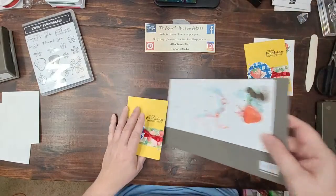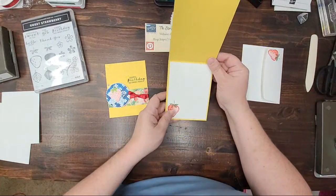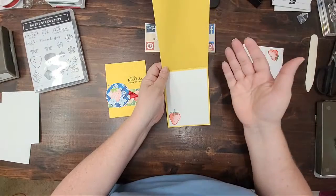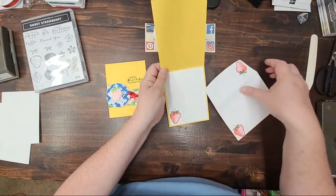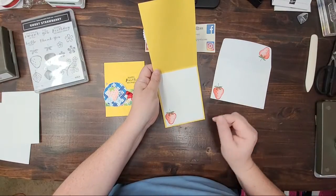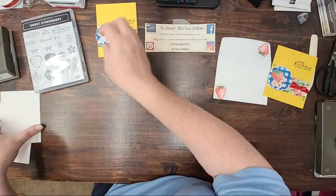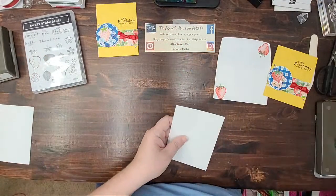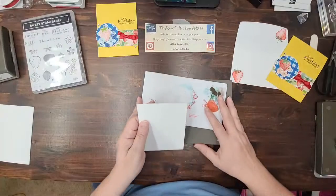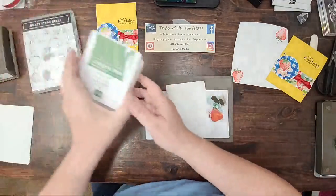All right, now for the inside of the card, because what do I always say? No naked insides and no naked envelopes. I have the strawberries on the outside of the envelopes as well as the inside of the card. So I'll show you how to do that right quick. Let's get the paper here, bring our mat back in. And for this, I'm going to use Garden Green ink